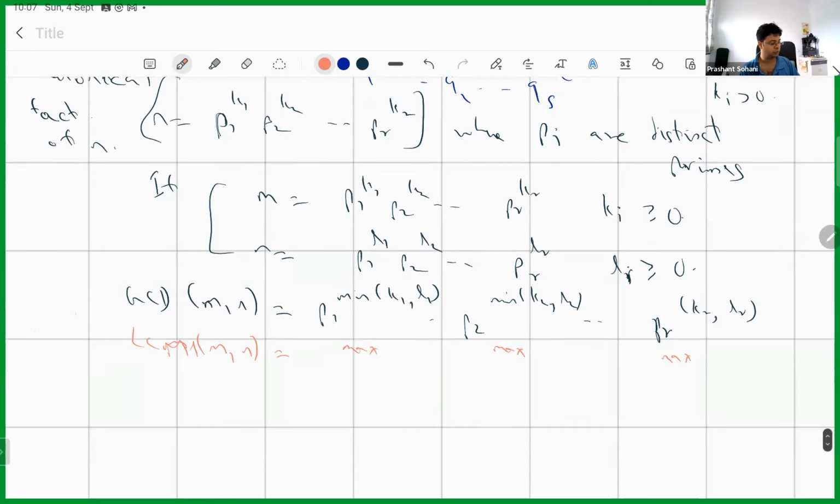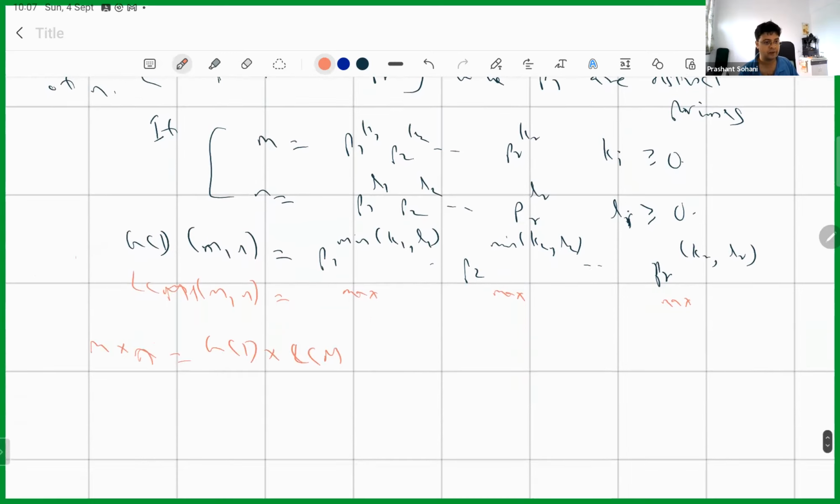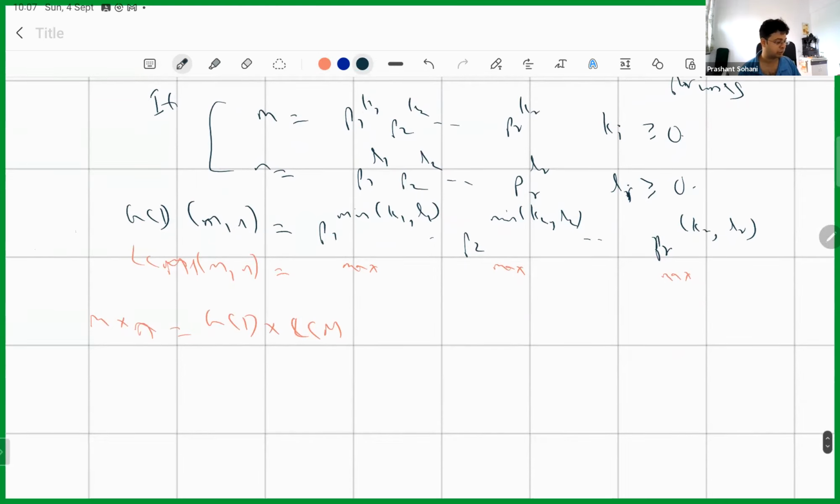Okay. And do you see that this gives you one more proof of the fact that m into n is equal to GCD into LCM? Because if you look at it term by term, check what is the exponent of P1 on LHS and P1 on RHS. In fact, we have to do this for any prime P, right? This is where we are going to head into a territory called p-adic valuation. We are going to sort of transition into that. But just as a small example of this, what we can do here is show that m into n equals GCD into LCM, because for any prime P,